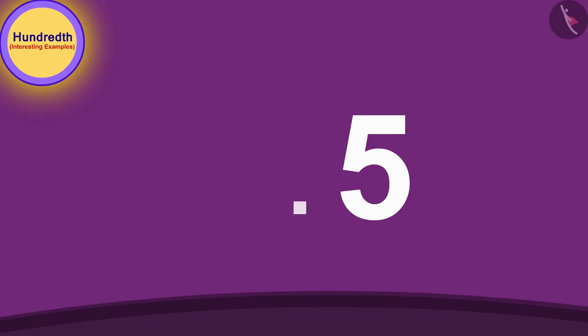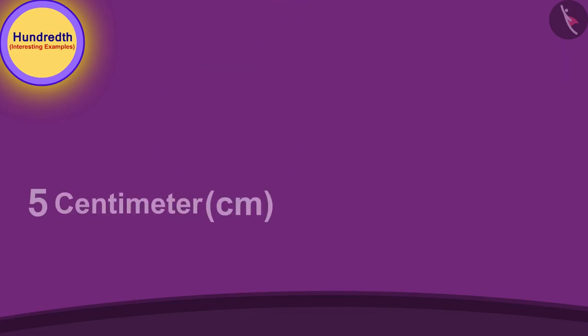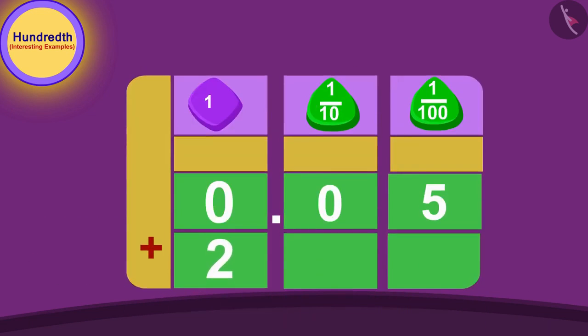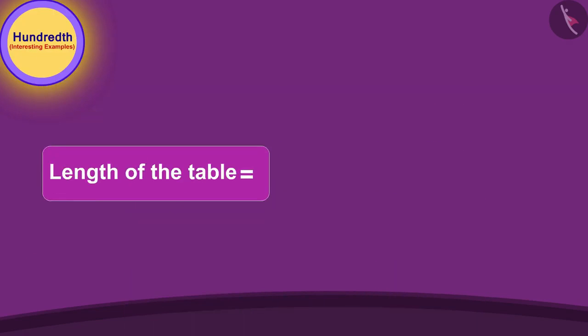And then, because 5 is made up of only one digit, we will once again move the decimal point to the left by adding a 0 to the left of 5. In this way, 5 centimeters is 0.05 meters. Now, if we add 2 meters to it, the length of the table will be